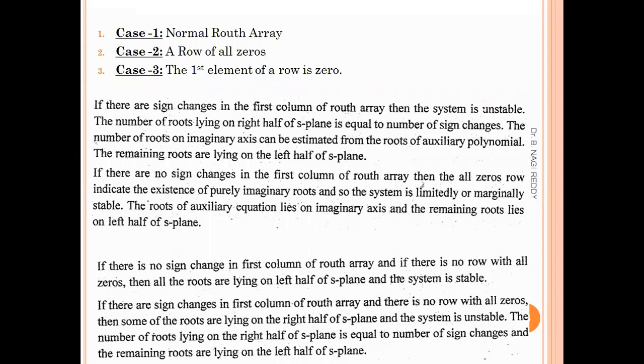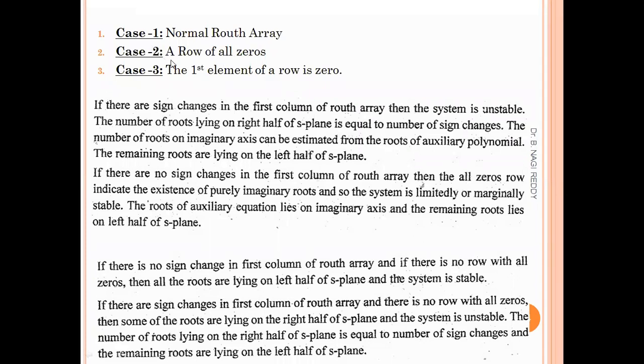Good morning, everyone. In the previous class we started the Routh-Hurwitz criteria, and we have seen how to construct the Routh array also. However, while constructing the Routh array, we can face a few difficulties, and based on those difficulties, this Routh array process is classified into three cases. Case one is the normal Routh array construction. That means we can construct the Routh array without any difficulty, and we can comment on the poles.